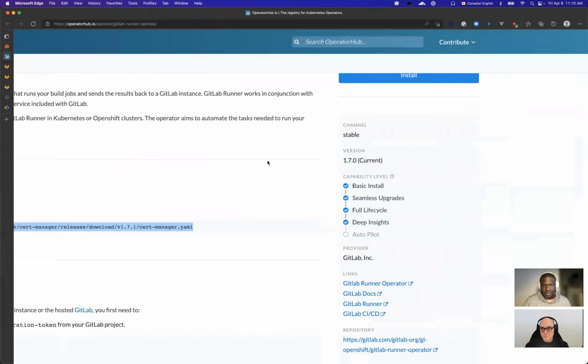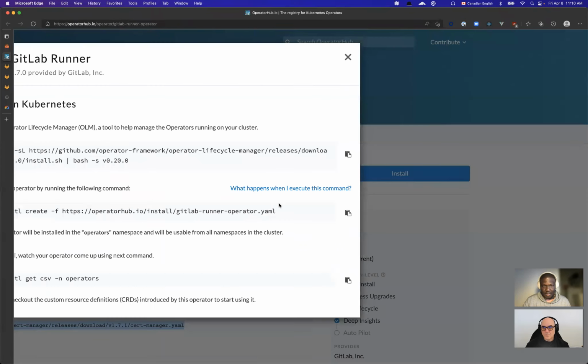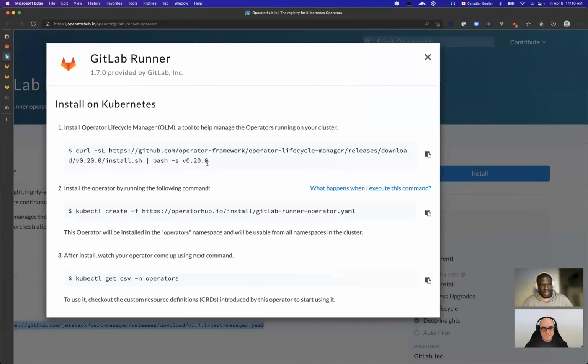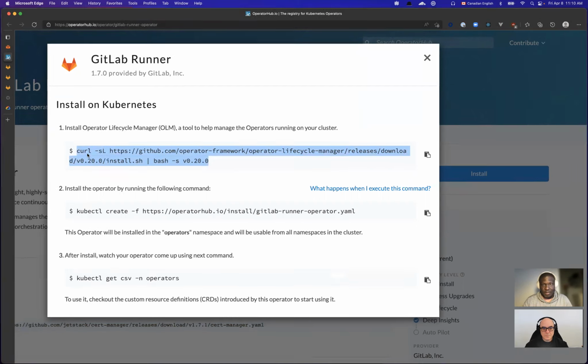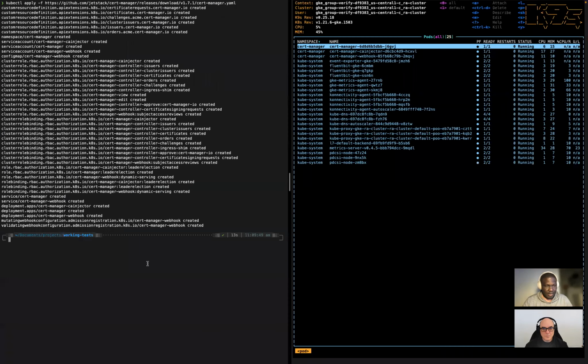I come back to the operator website, click on install, and here again I have the command to install the operator lifecycle manager, right here. Once again, I will copy and install it here. While that's downloading,